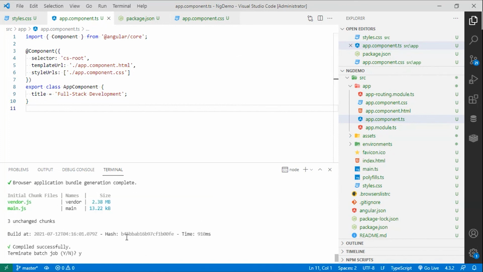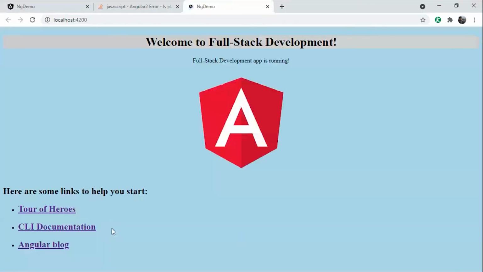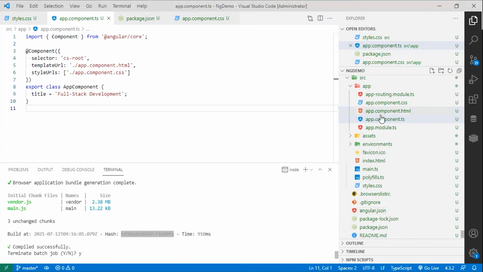All right, one thing that you should notice here, that at build time, it is going to generate a hash. This hash is going to make sure that when you deploy the new application, it is going to have a different hash generated with each build, and that is going to make sure that the browser refreshes every time. Otherwise, because of browser caching, sometimes you're going to see that older implementations of Angular are still taking effect. Now, we have this light gray background defined inside the style.css file,